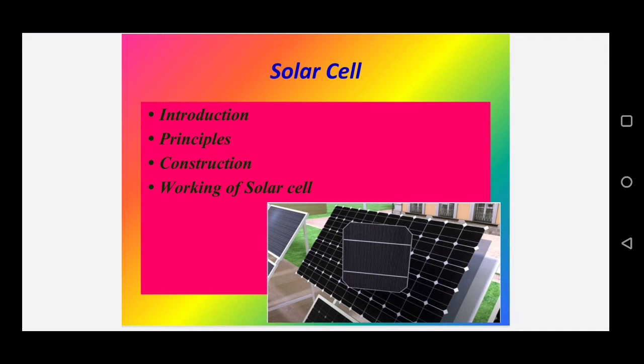The generation of voltage across the p-n junction in a semiconductor due to the absorption of light radiation is called photovoltaic effect. The device based on this effect is called photovoltaic device. So, solar cell follows the principle of photovoltaic effect. It is also called as photovoltaic device.